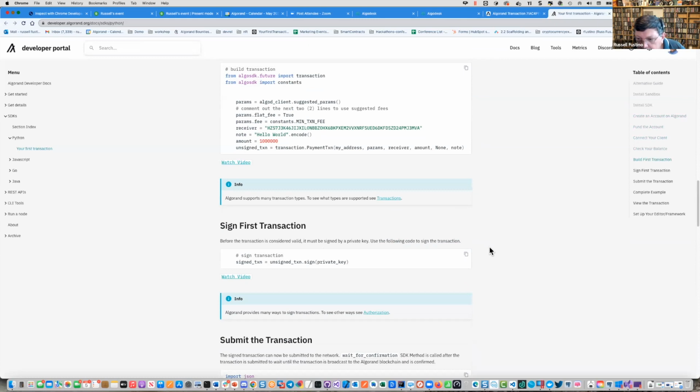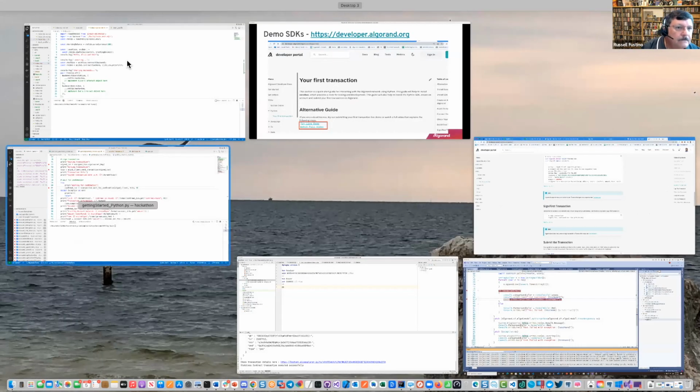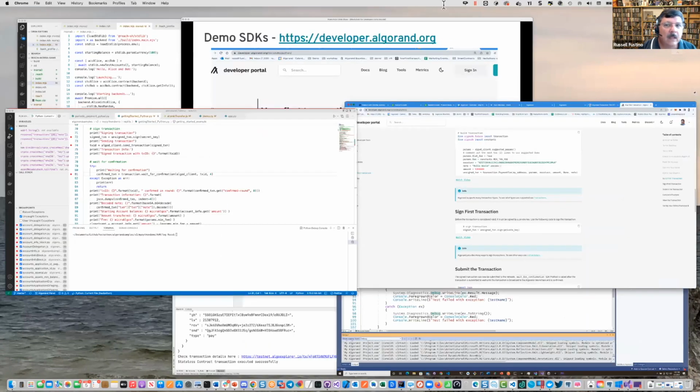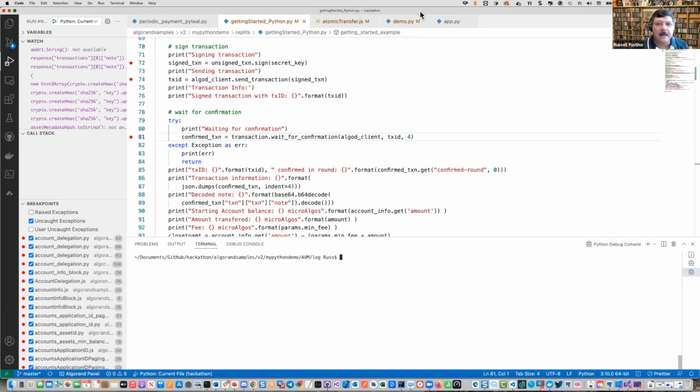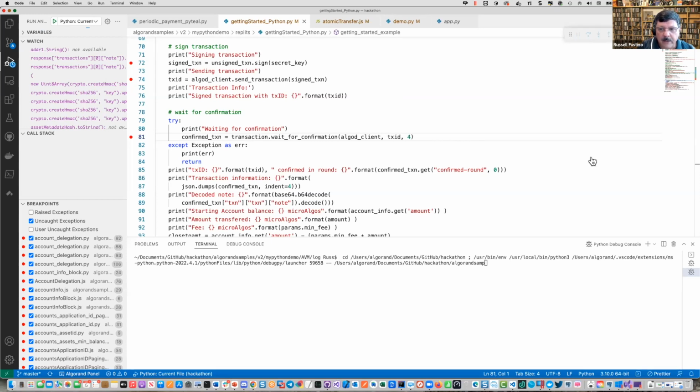So what I'm going to do is actually run this live. Let me bring up the GitHub repo. I have a hackathon GitHub repo on Algorand-DevRel. I have the link for all the code at the end as well. And let's go ahead, this is the getting started Python one we were just looking at. I'm just going to hit the run button here, and I've got my breakpoints set already. And once this hits the